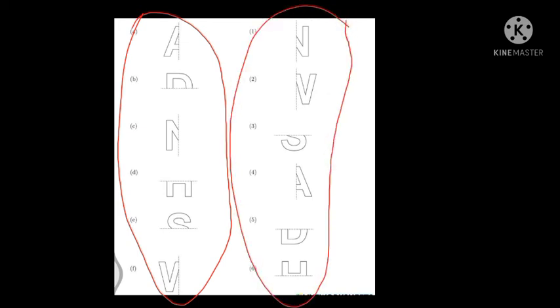Here, students, we have given A, B, C, D, E, F. Here the half portion of a letter is given and the other half is given over here. Now we have to match this with the half portion, that is, the mirror halves. But students, I am not showing you the other half. You just have to guess from this given half. Let us first guess from this half portion, right, and then we will match it.